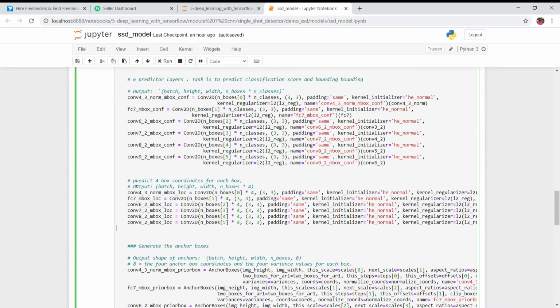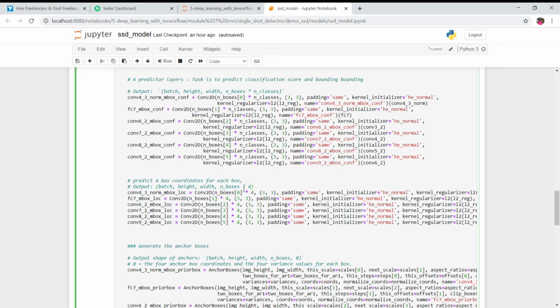Now the next task is to predict bounding box coordinates for each box. So over here we are predicting the classification score, the class confidence value. In these 6 layers we are predicting this class confidence value, and in these 6 layers we are predicting the bounding box coordinates, right?